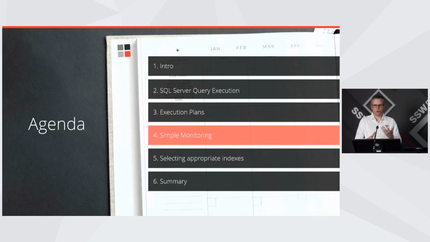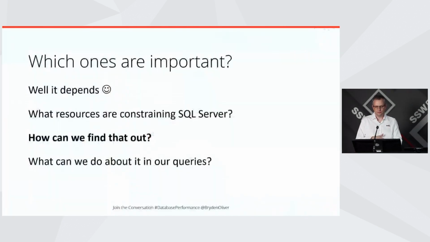Okay, so now we've looked at execution plans. How about finding out what's going on? The key thing we want to know is which of those statistics is important on our server. And that kind of depends. What you really want to know, before you start searching for particular problems, is what resources are constraining my